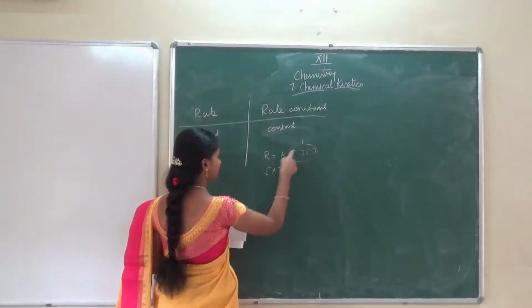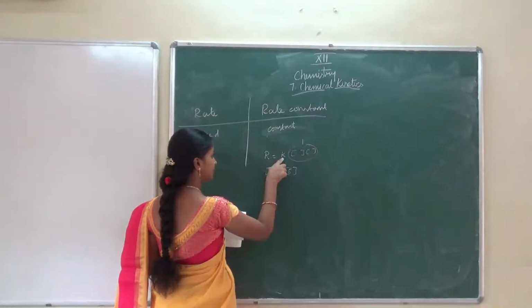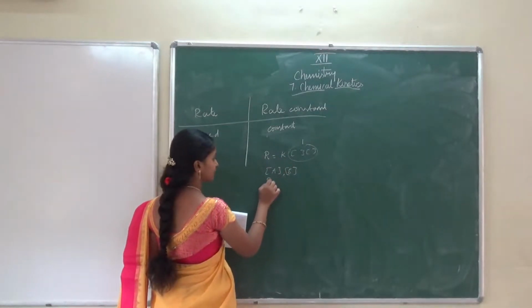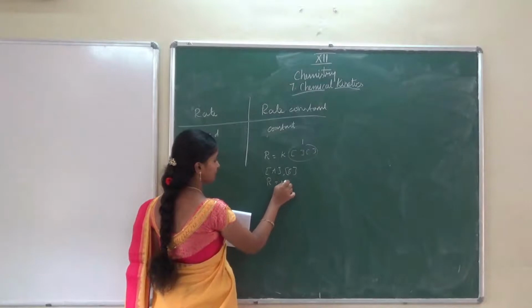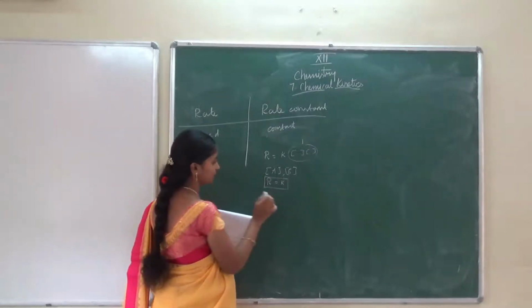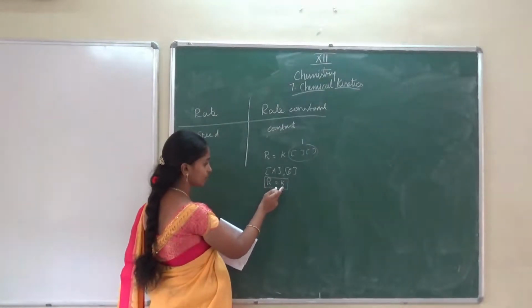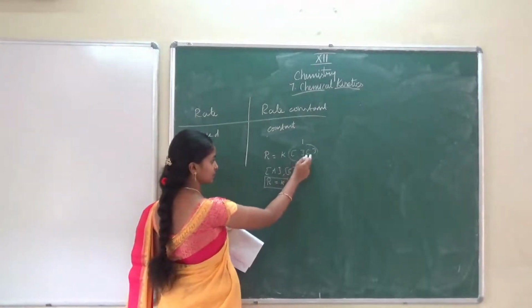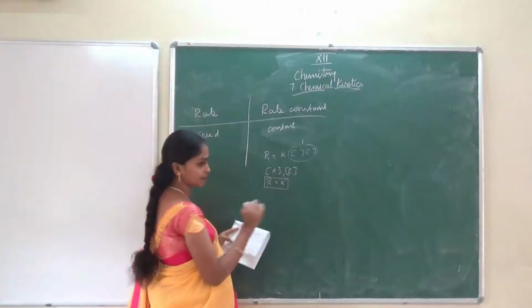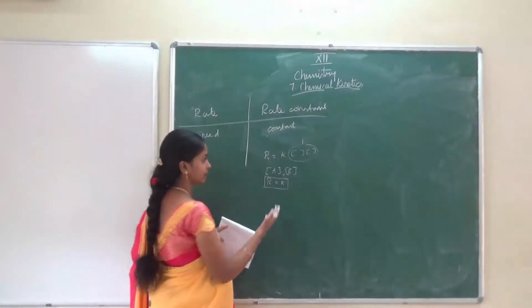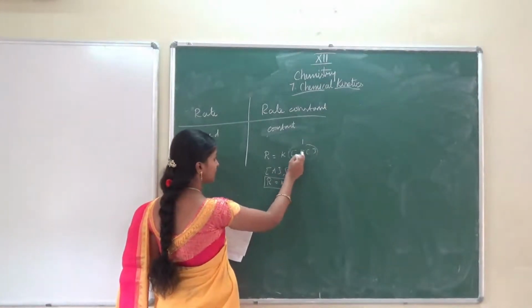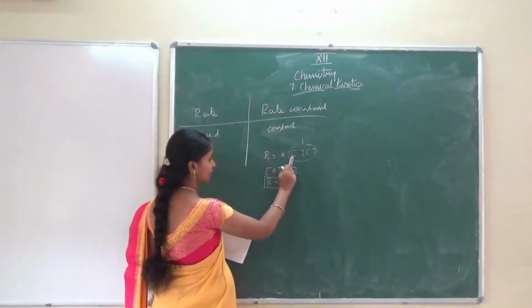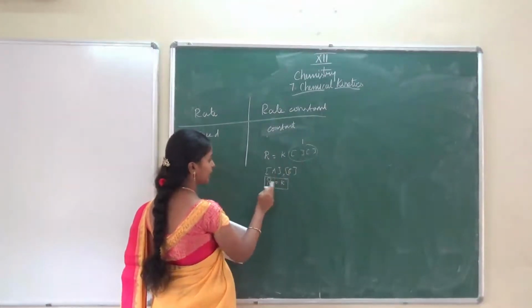When you multiply the value by 1, you will get the same. So simply we can say that at a particular time the rate constant will be equal to the rate, when the concentration of the reactant or the concentration of the product which we are taking there is unity, that is 1. Then we will get R is equal to K.